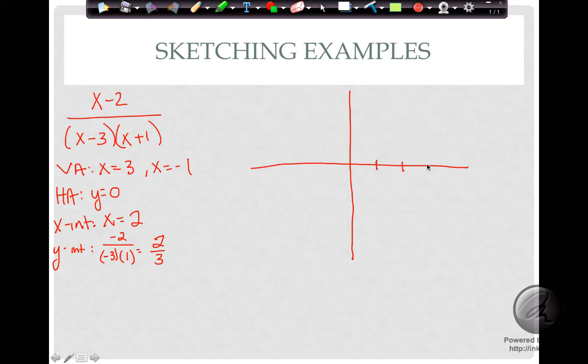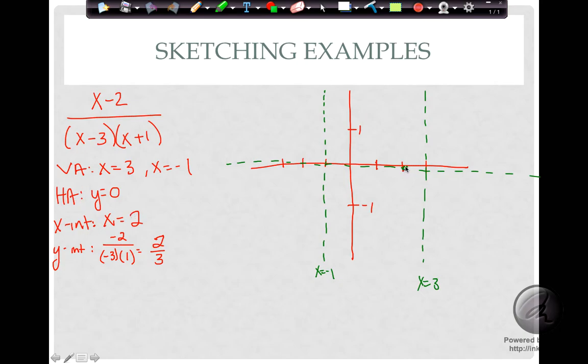Let's go 1, 2, 3, negative 1, negative 2, negative 3. So we need to... let's go that as a 1, that is a negative 1, and let's change some colors. All right, so we have vertical asymptotes at 3 and negative 1. So if I put out here at negative 1, that's x equals negative 1. And we have x equals 3. And we have the horizontal asymptote of 0. Now, what else do we have here? We have an x-intercept of